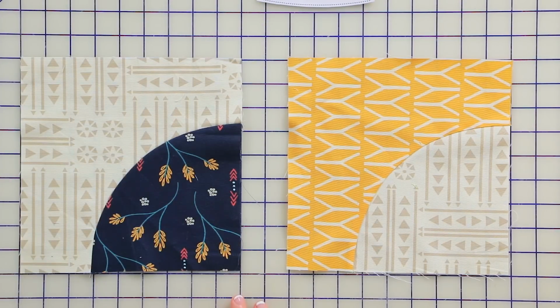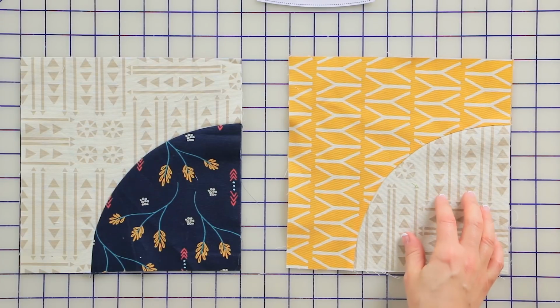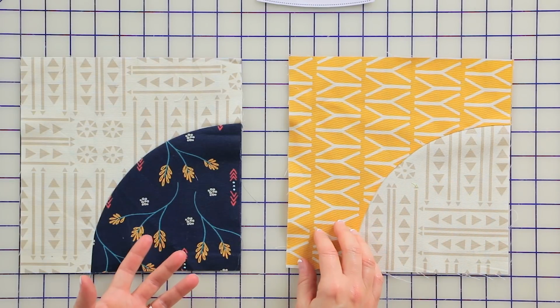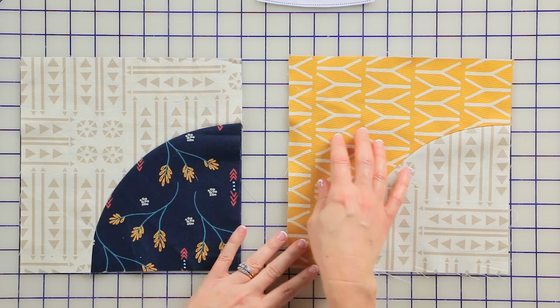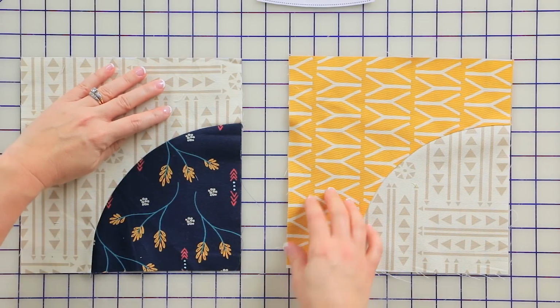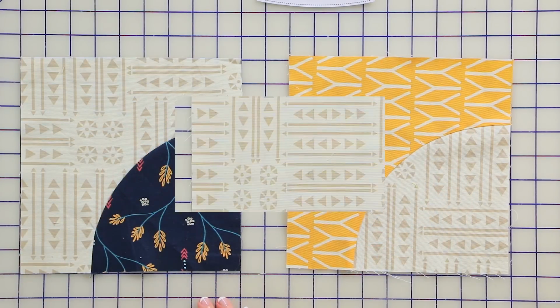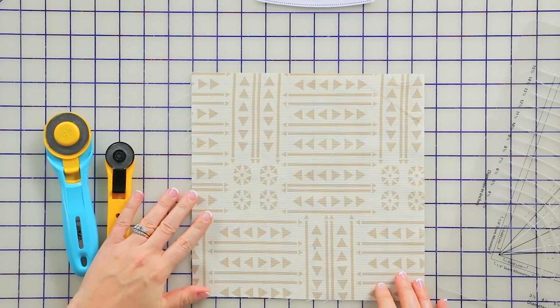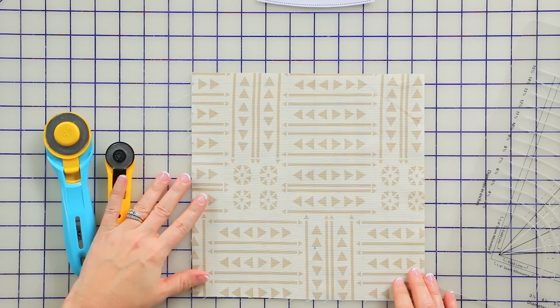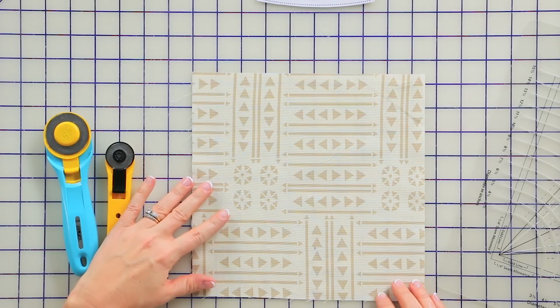Okay, we're going to demonstrate how to make the blocks. The blocks have a background section and a pie section, and we're going to demonstrate with the Circle Savvy ruler how you cut the sections for each. Regardless of whether the block has a light background or a dark background, we'll be making the blocks the same way. Okay, we're starting by cutting the background section for our block, which has been trimmed to 9.5 inches square,